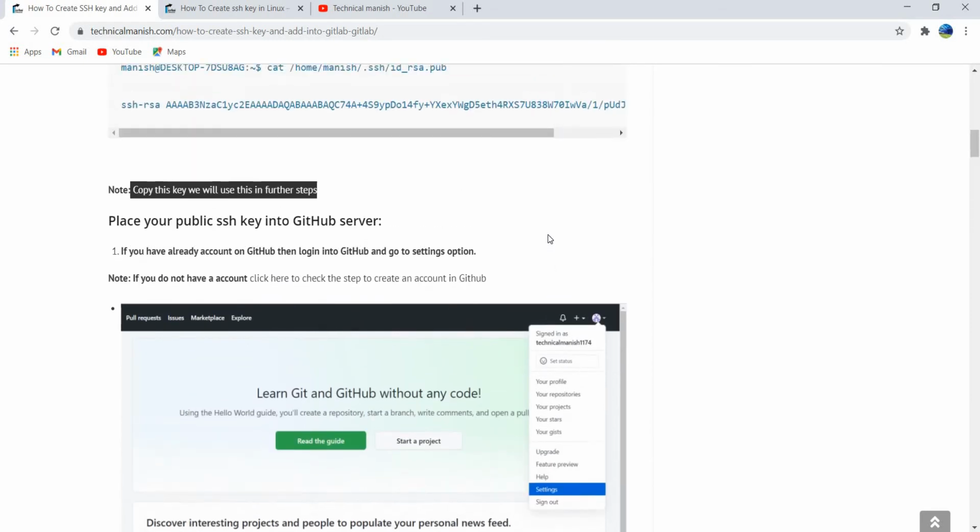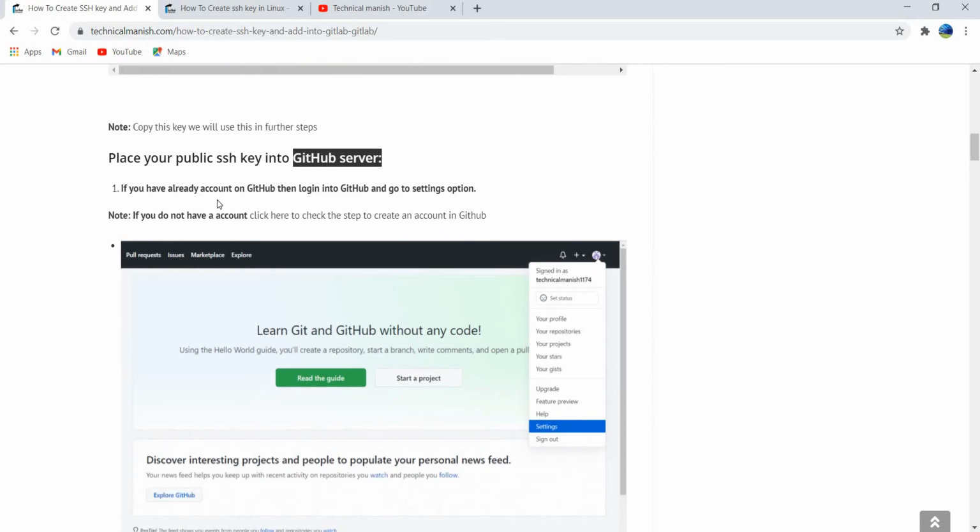Now we need to place this SSH key into a particular GitHub or GitLab server. We can use Bitbucket also, but I will show you how to place our SSH key into the GitLab and GitHub server. Let's start with the GitHub server.